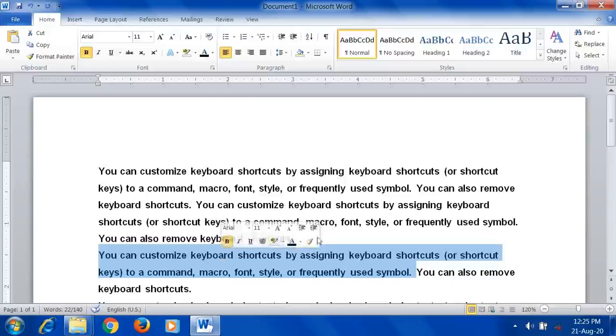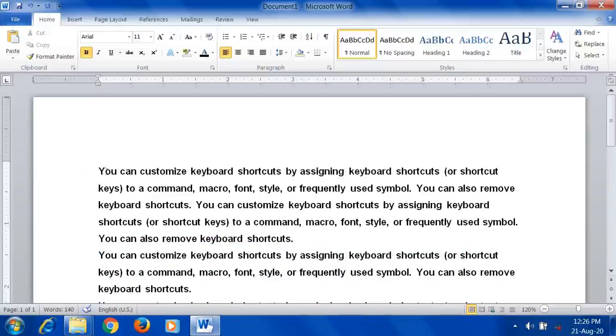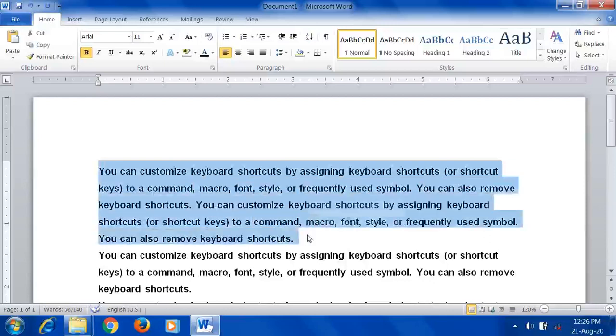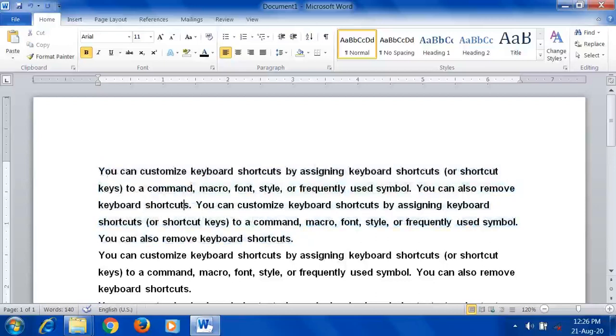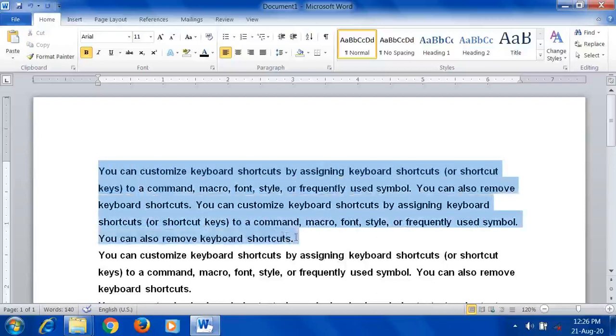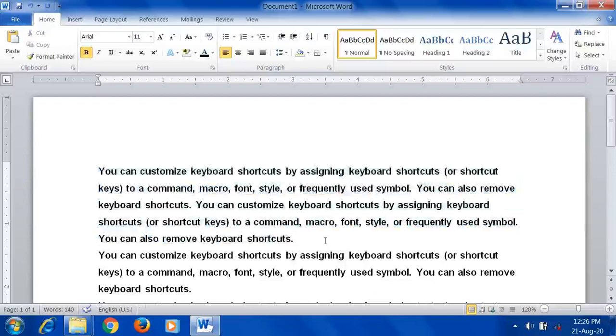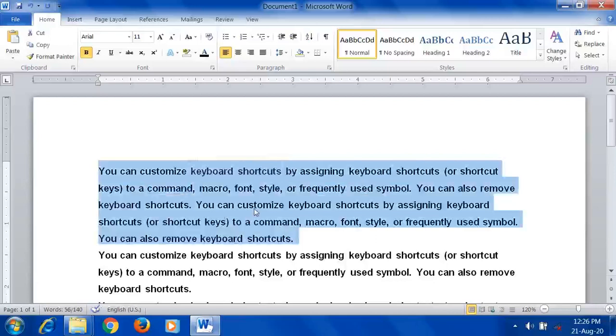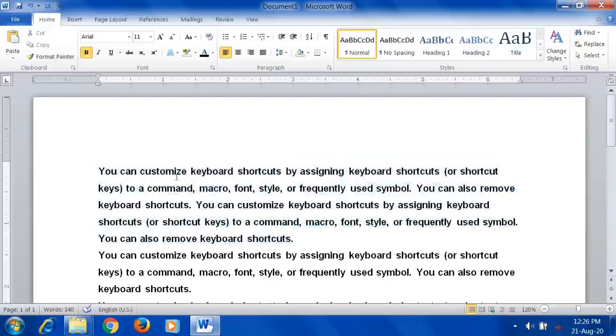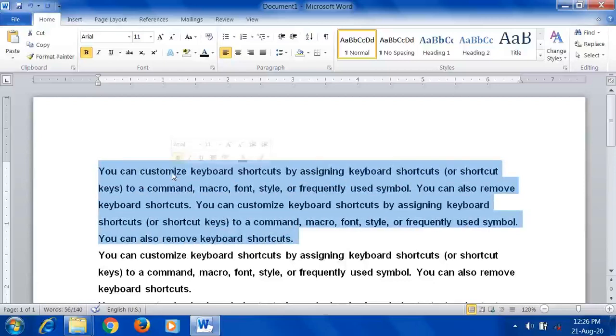Next, block of text. If you want to select a block, meaning more than one line, drag the mouse over the text, holding the left mouse button, and that block gets selected. Once again, hold down the mouse button and drag it over the text for selecting the block. Next is paragraph. For selecting a paragraph, you have to triple click, meaning click 3 times without giving a time. Automatically that entire paragraph gets selected.